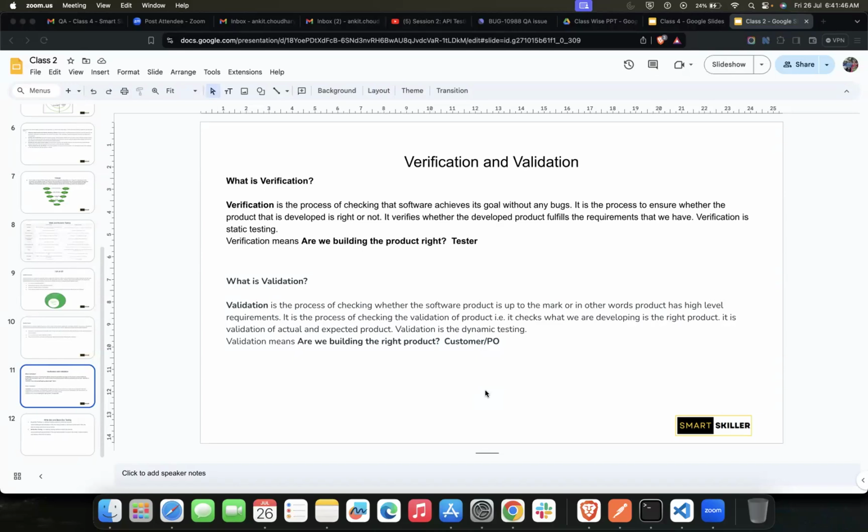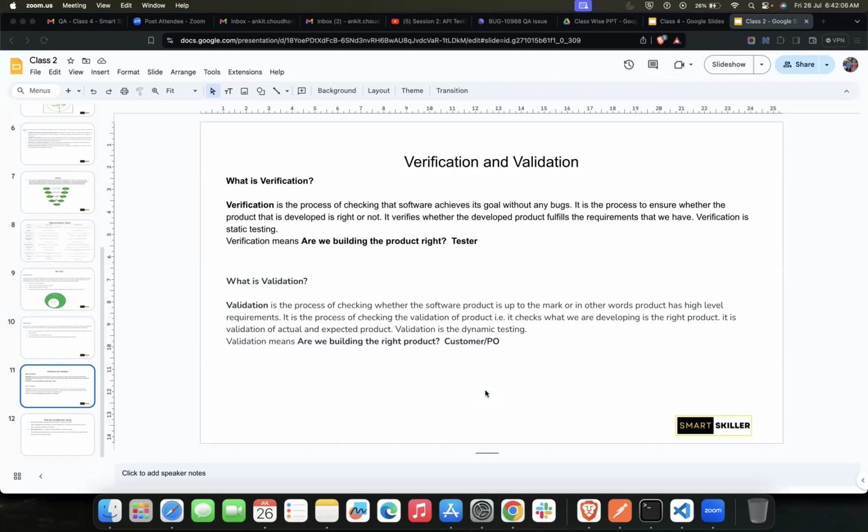So in validation, the testing would generally be done by the product owner or the customer, keeping in mind their own viewpoint about the software. Are we clear on the validation part?